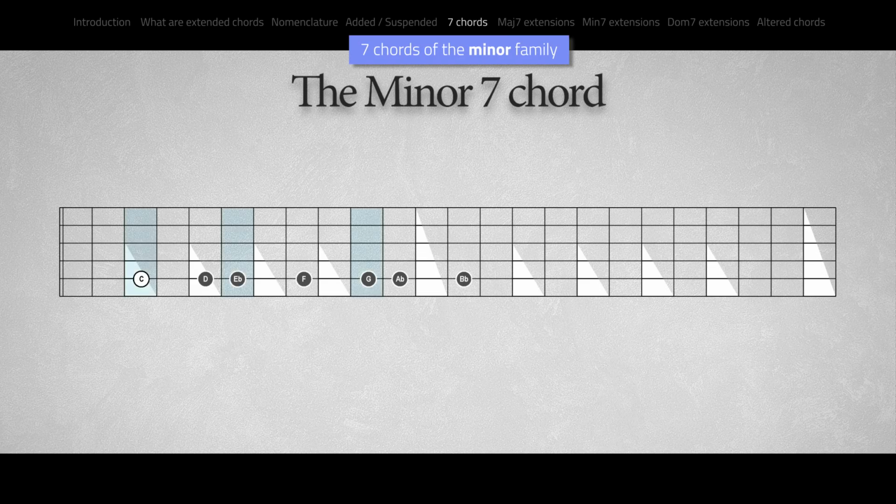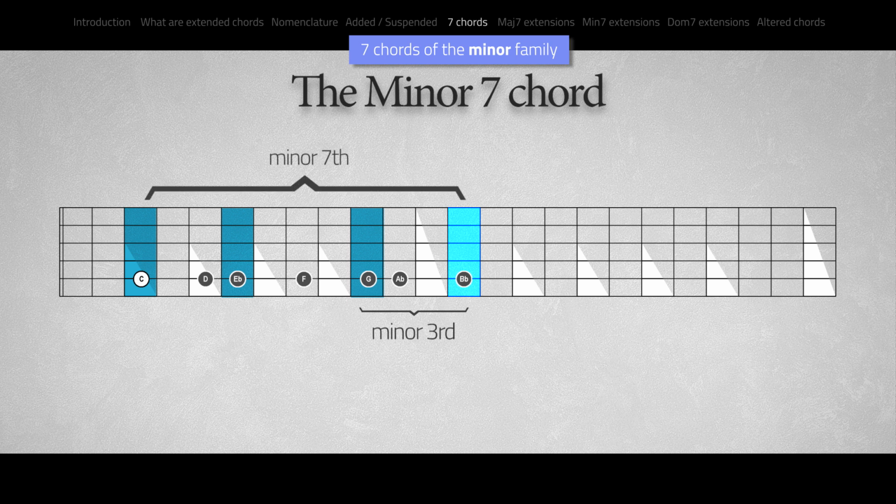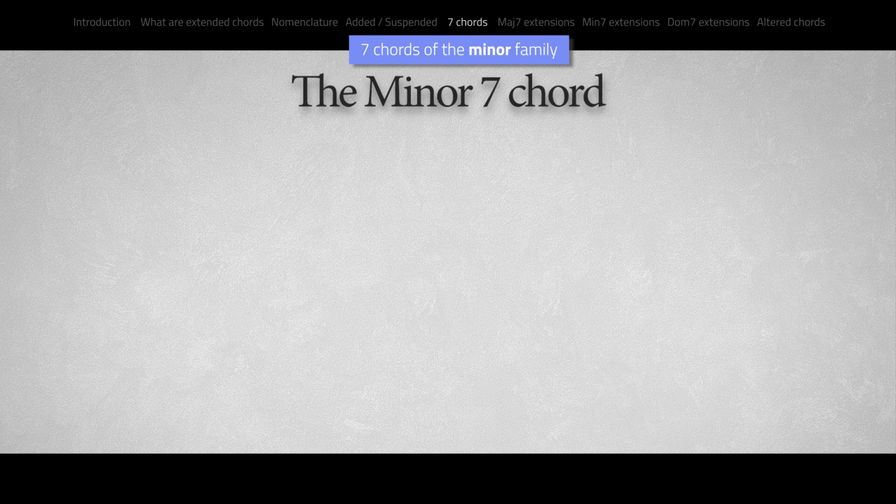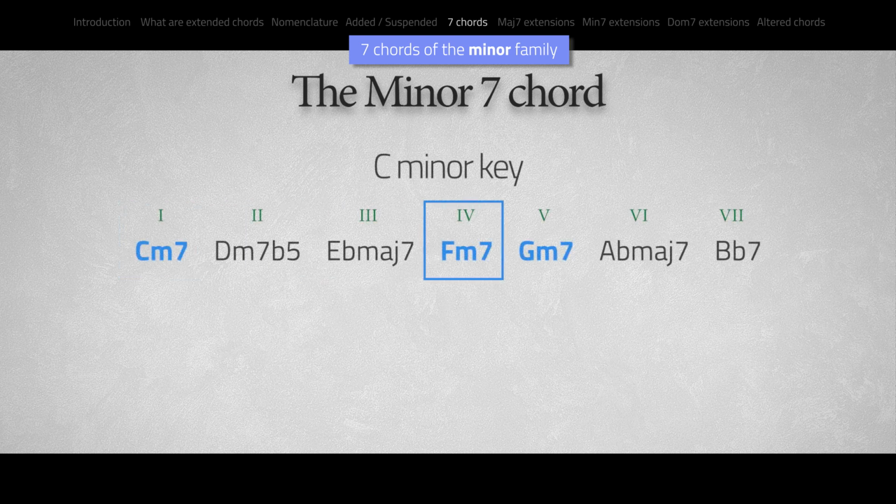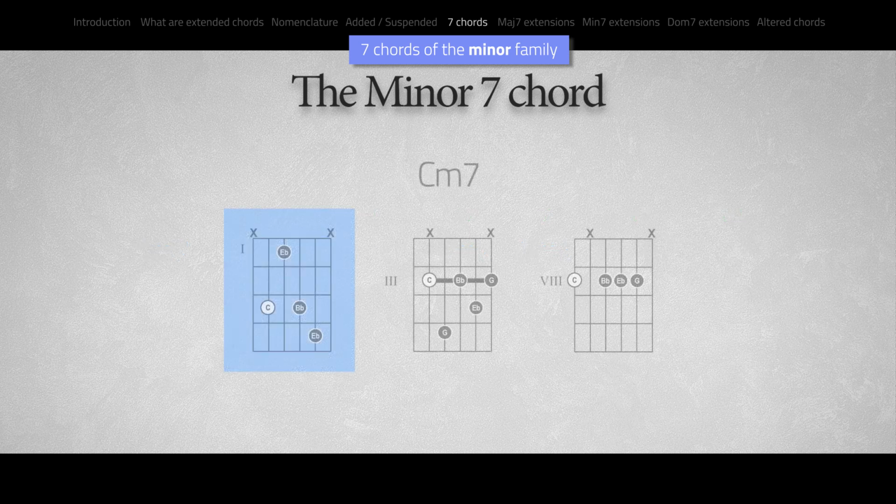In the minor key, we can stack the minor third on top of the minor triad and create a minor 7 chord, a minor chord with an added flattened 7th. Now this chord is used as a tonic, a 4 chord or a 5 chord in the natural minor key. Voicings for that minor 7 chord are